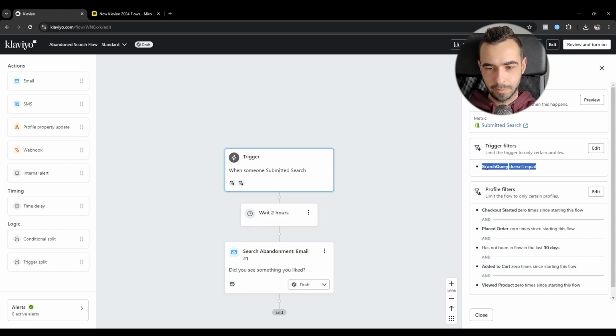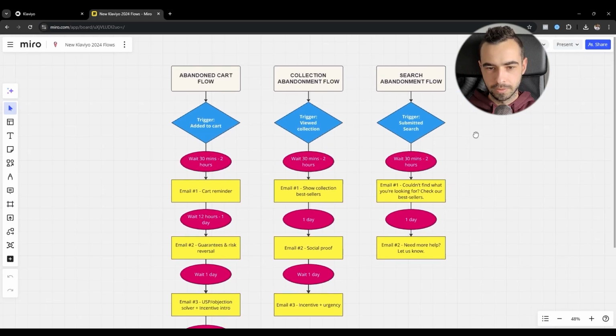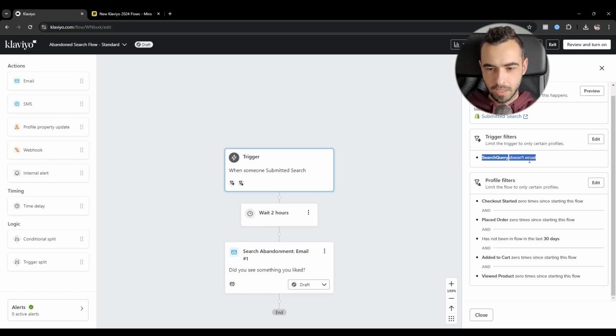So if someone just typed in something and they didn't view the product, it means they haven't found what they were looking for. And this is where this flow would come in, and this is how I would honestly execute it. Because matching every single search is not always going to be accurate, because we don't really know what people might be searching for. So if someone submitted a search that wasn't empty, right, and they didn't view the product, so they didn't click on any of the products, or they didn't go to the product page,